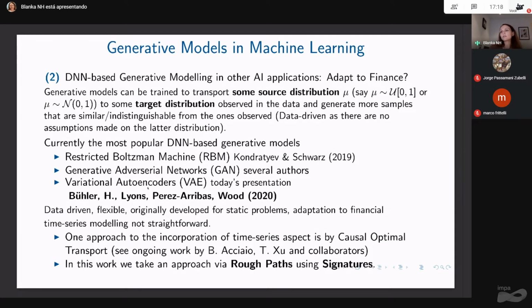And then there's another difficulty of trying to make sure that it's not forward-looking, this modeling approach, but it's only incorporating the information from the past, which is addressed by Beatrice Acciaio and collaborators. But in this work, the approach we will take is via rough paths and signatures,